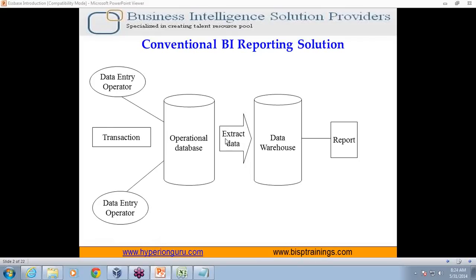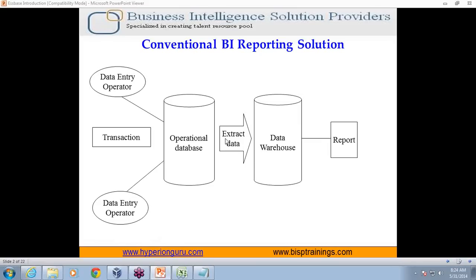And then on top of that, the typical conventional BI reporting works on top of a data warehousing solution. From the operational data source, you extract data and put it into data warehousing. The purpose behind this is that the operational data source is the backbone of your business, and therefore you do not want this to be hampered, and all the business analytic needs should be catered through data warehousing. We have a couple of videos about data warehousing fundamentals, ETL and all. You can watch them in detail to know the basics about data warehousing.